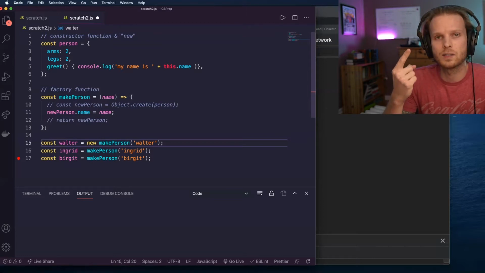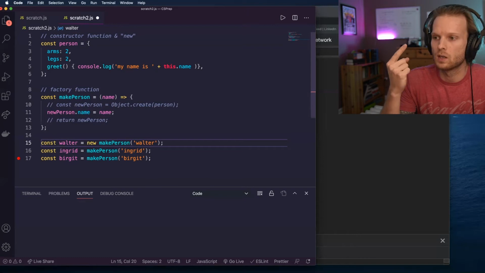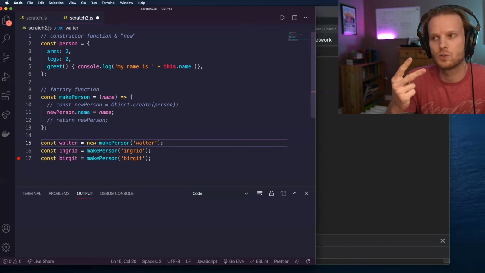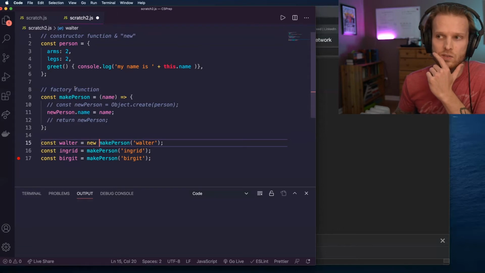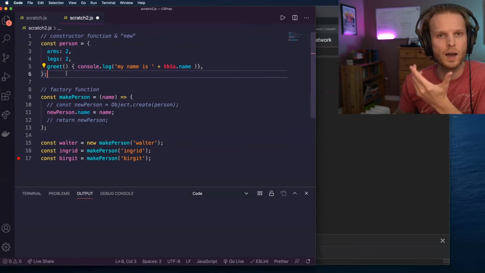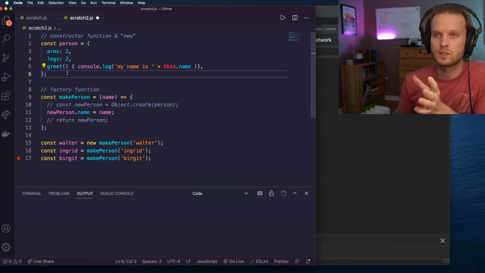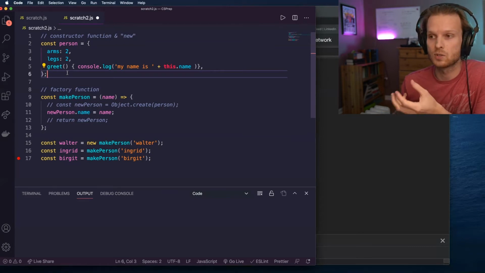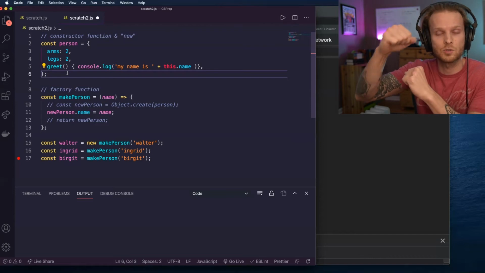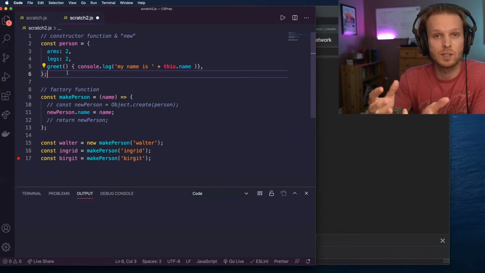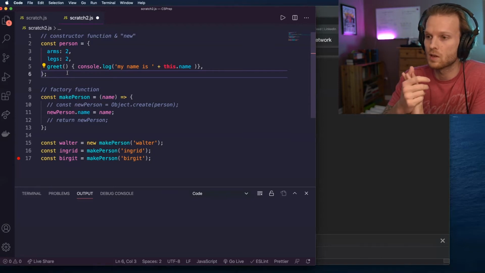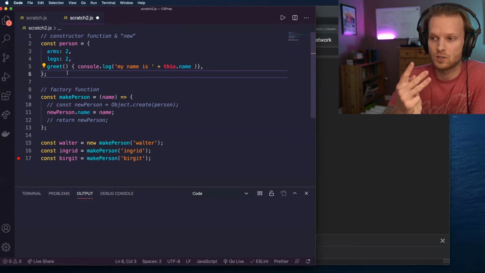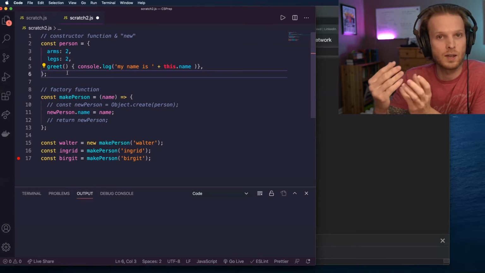So it will automatically create a new object for us. It will link this object up to the parent object, which was previously person, but now is going to be something called the prototype. We have previously seen the more casual usage of the word prototype to describe any object's parent object, but there is actually a property called prototype in JavaScript, and we're going to see that in just a minute. So those are two of the three things. The third thing that the constructor function is going to do is return that newly created object